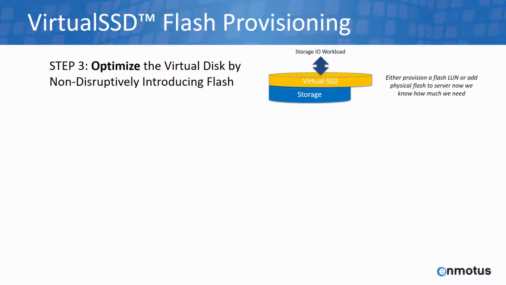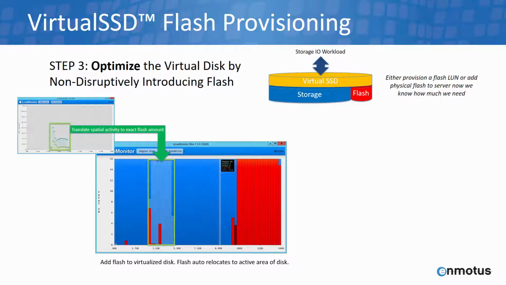So now we have the active capacity information. We can now utilize the VirtualSSD's ability to dynamically add the right amount of flash. In this example, we've chosen to add roughly twice the size of the active area to provide some margin for known near-term expansions. Having injected the flash into the VirtualSSD, the Enmotus software will now automatically move the required amount